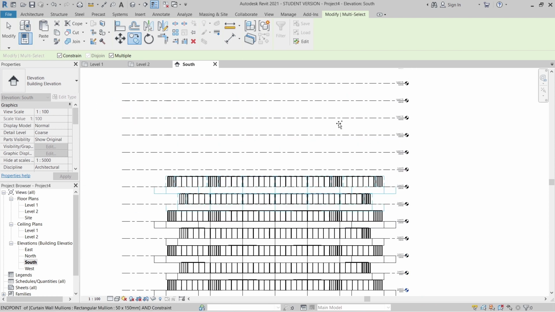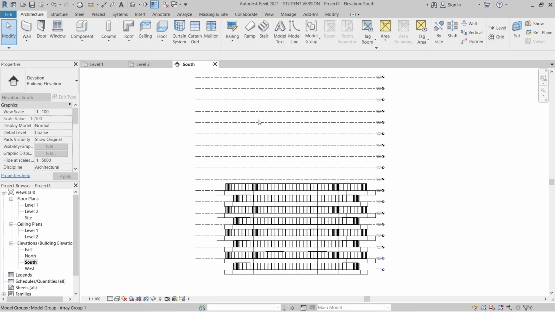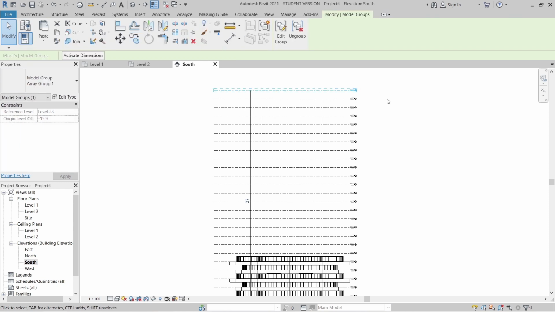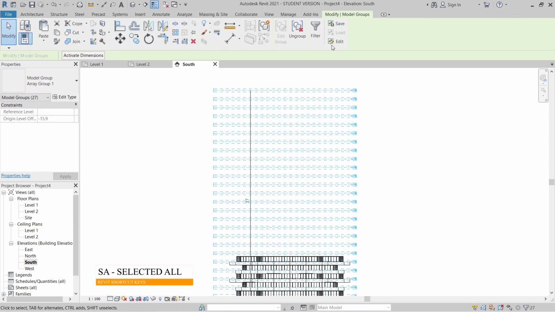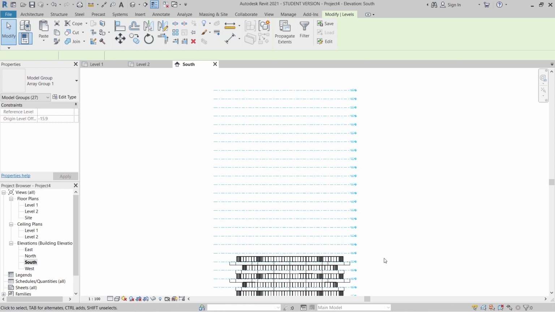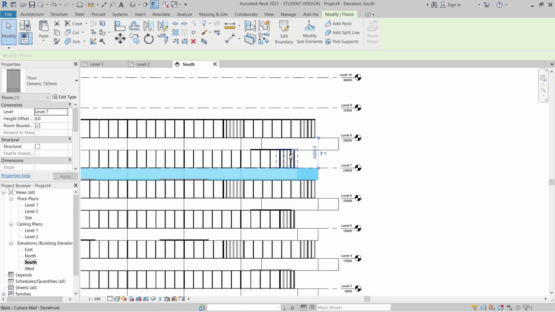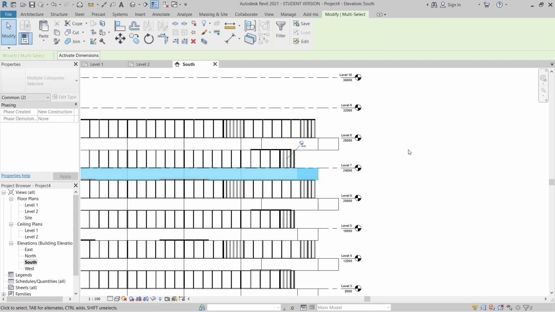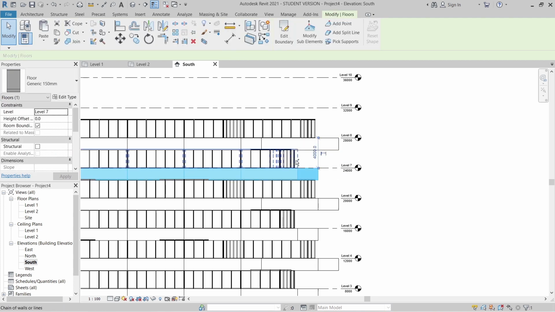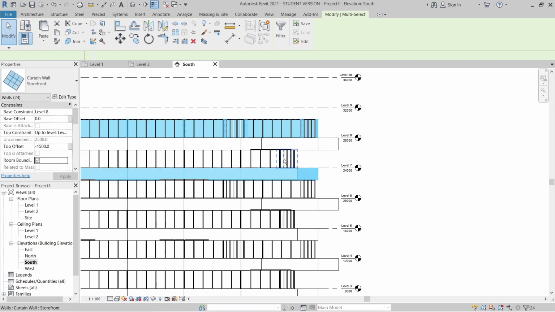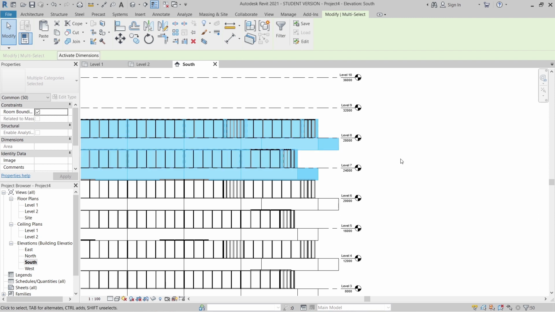Okay, let me try another time because for some reason maybe we arrayed our level here, that's why we couldn't array all. So I can select all here, then SA for select all elements, then ungroup. Okay, I think maybe this is the reason that we couldn't array our element here. Again, we try to array again because I don't want to waste time. Selecting one by one wastes our time. AR for array. Come on.